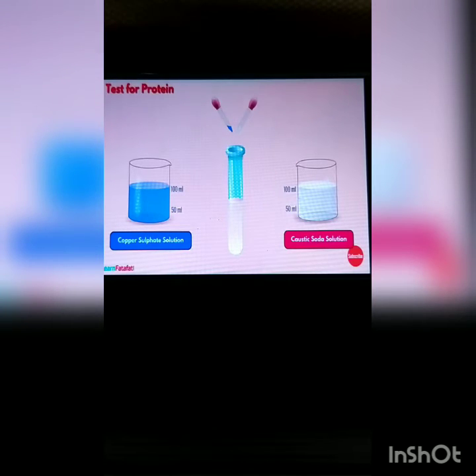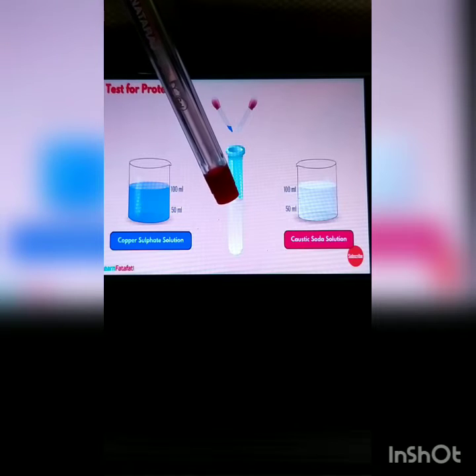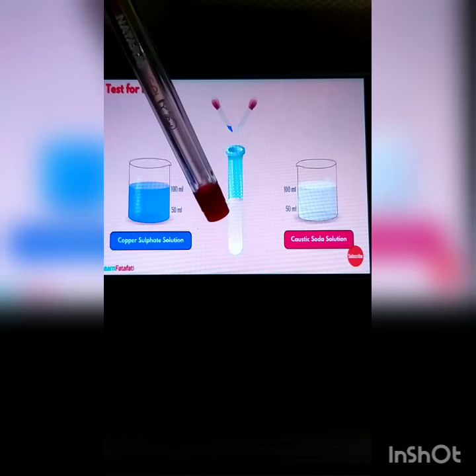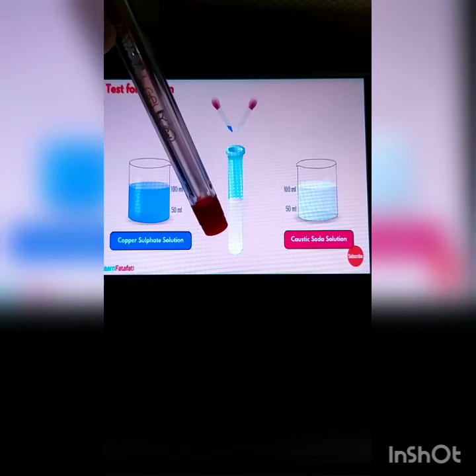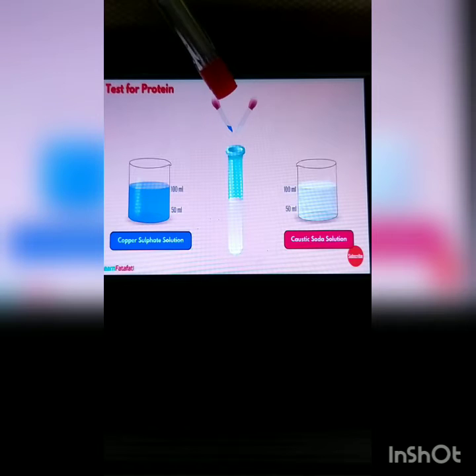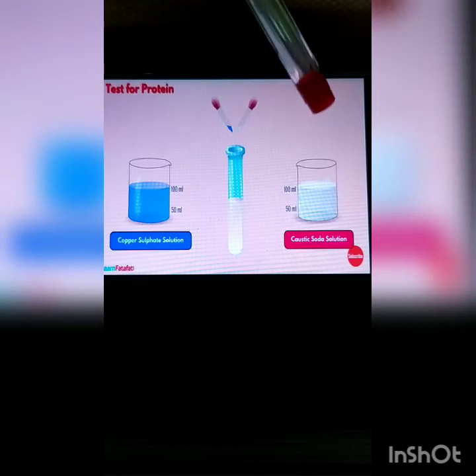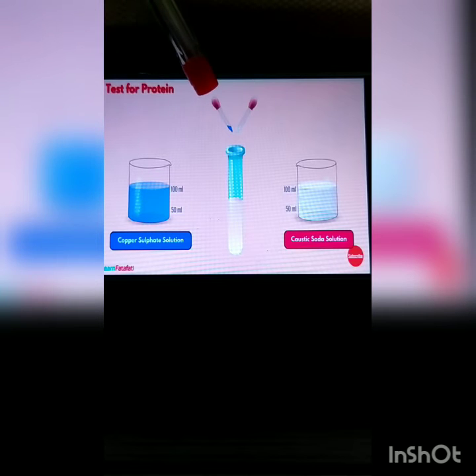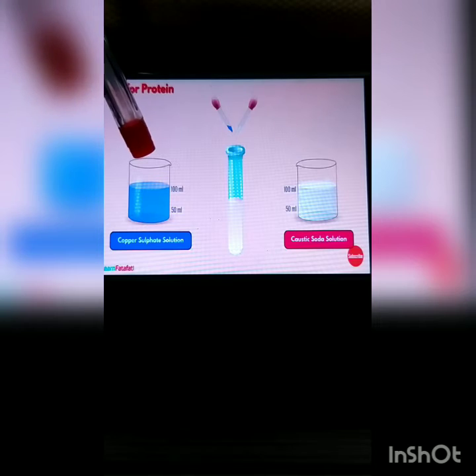You have to take only a small amount. Then mix it until it becomes properly mixed and no particles are there. Then with the help of the droppers, do not use the same dropper for both the solutions. Use separate droppers for each solution.